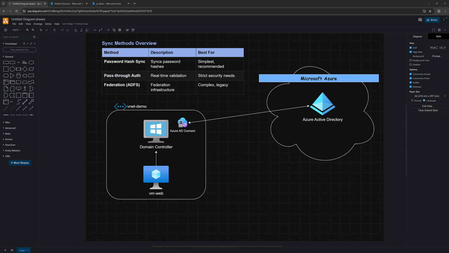Azure AD Connect supports multiple authentication models, including password hash synchronization, pass-through authentication, and federation, giving organizations flexibility to choose the approach that best fits their security and compliance requirements. By maintaining a consistent identity across on-premise and cloud environments, Azure AD Connect forms a core component of hybrid identity architecture. In our demo for today, we are going to use password hash sync, which is the simplest and recommended